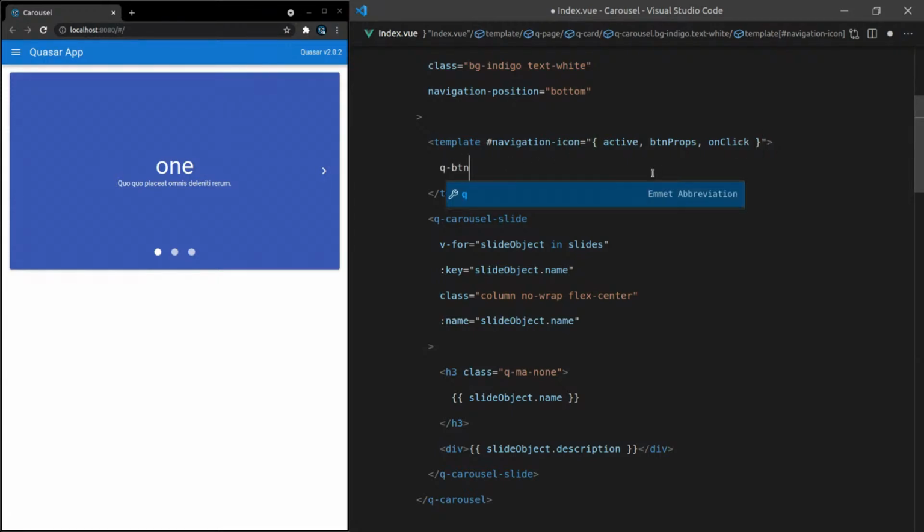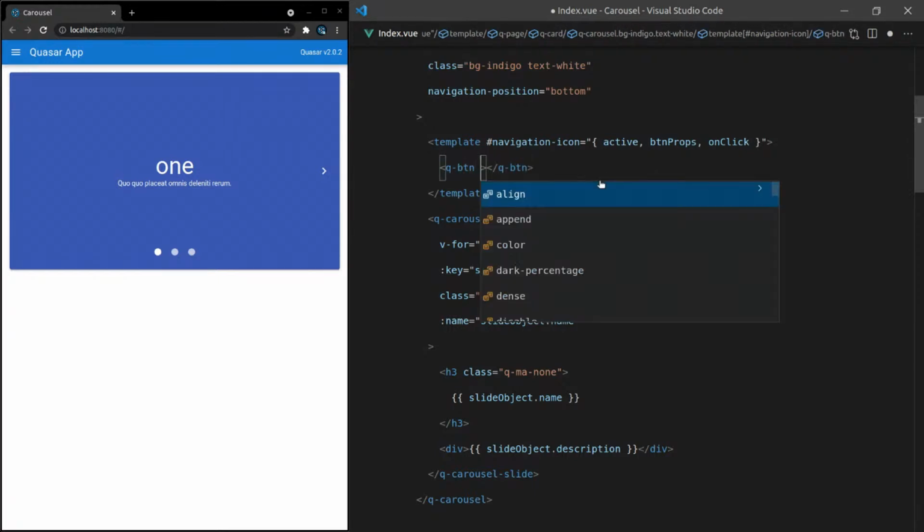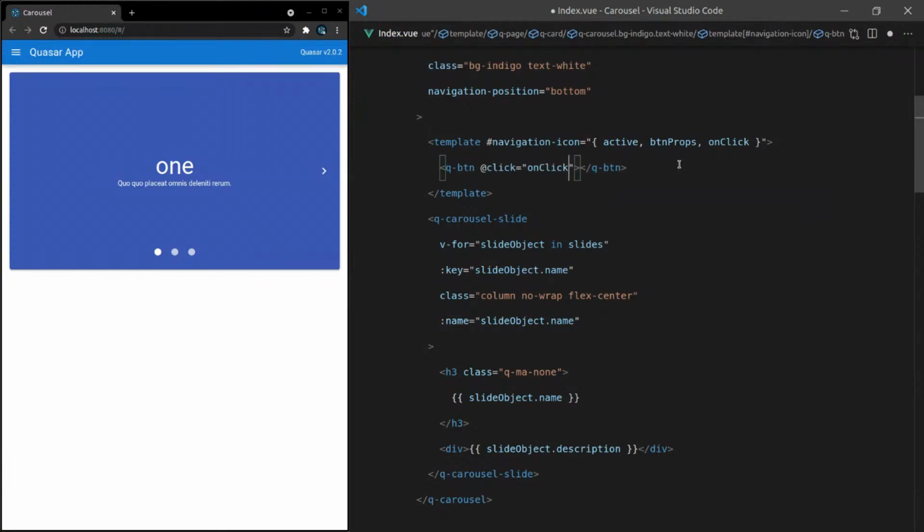We can say q dash button, and let's just bring us back to a really, really basic example here. We'll say at click, on click. All right, so we're basically mapping what we're pulling out of the slot onto the click event for that button. We also want to bind the properties of that button onto here. Another thing we want to do is check whether or not it's active and maybe change the styling based on that. So how about we say this? Class is equal to,